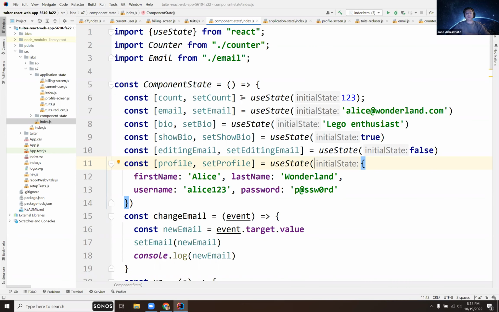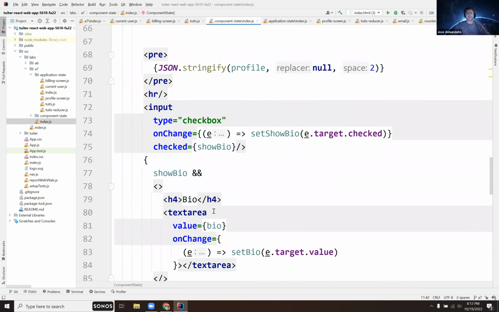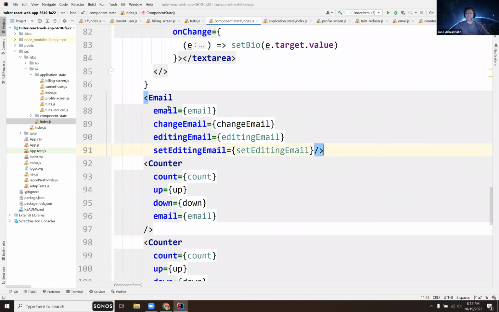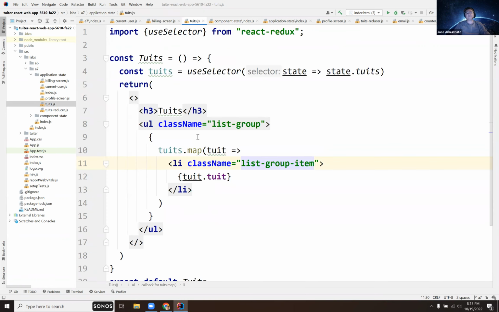So we were looking for a way that these child components could access state, but not necessarily be dependent on its parent. Instead, could we create a higher context that would allow us to grab data from this global context, without having to be dependent on any parent-child relationship. So that's where we started looking at application state, and the way we did it was